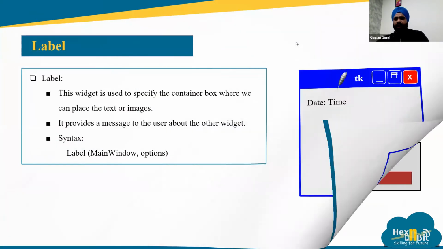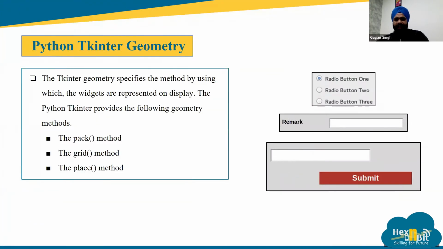Right. After this comes tkinter geometry. Now what tkinter geometry is, always remember when we are working with Tkinter, you will be creating widgets, but to display those widgets over your GUI, like if this is your GUI screen and you want your button to appear over it, you are supposed to use any of these methods in order to display it. So tkinter geometry is important in order to display the widgets.